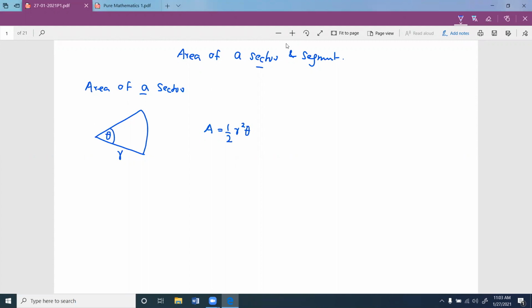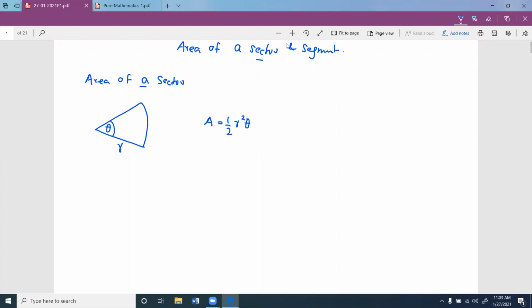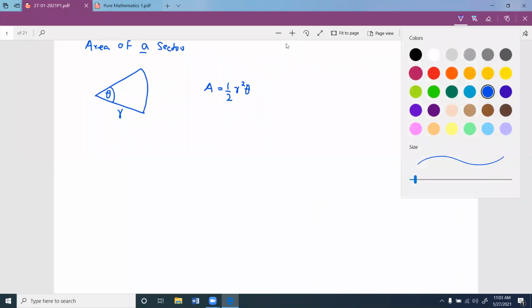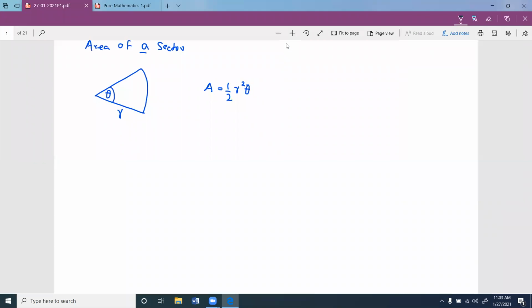Now, sometimes they might ask you to prove this. It's not a must to memorize, but sometimes there is a chance of being asked for the proof of this. It's not that hard to work out. So we know that if you get a